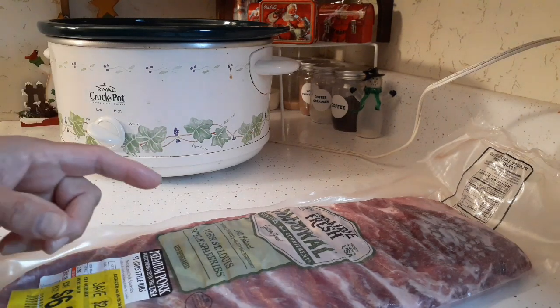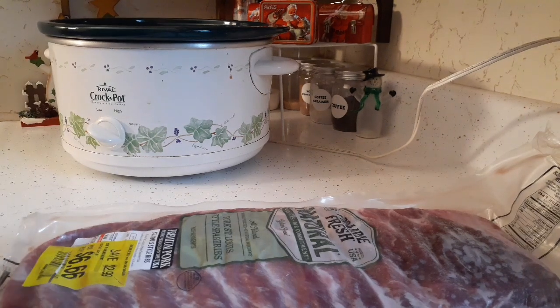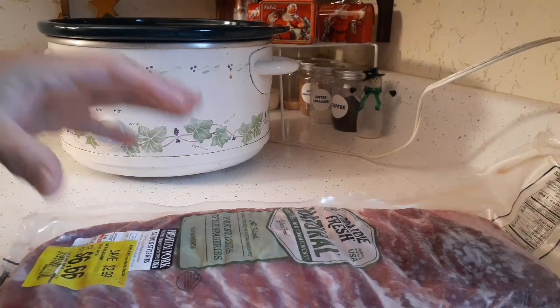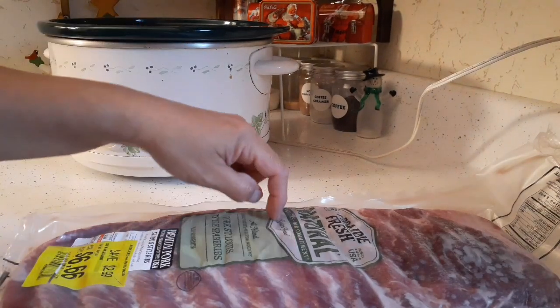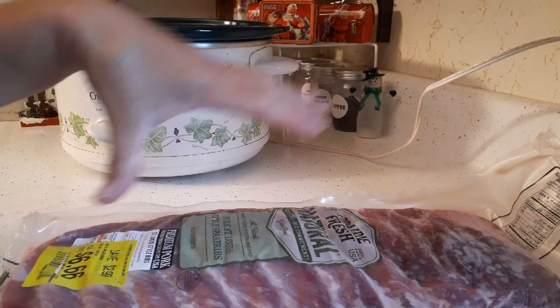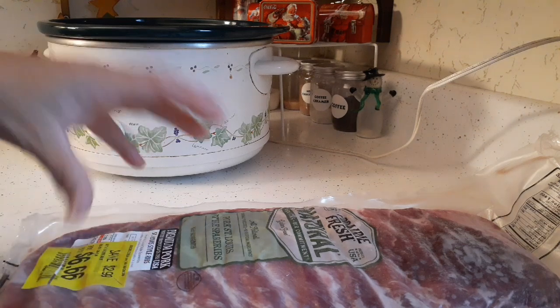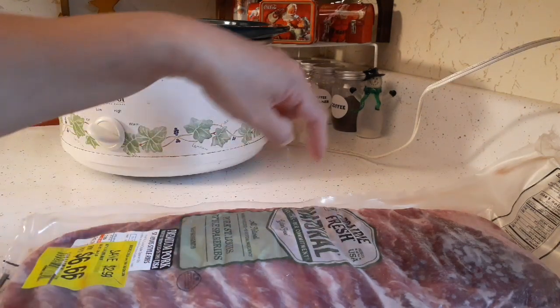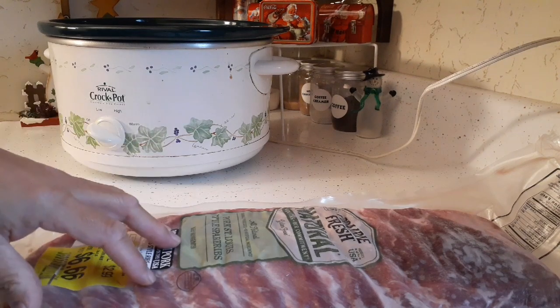If we were going to eat them as ribs with barbecue sauce, I'd only make half of this because we won't eat the whole thing for supper. But we're not going to do that. What I decided to do is cook the whole thing. I'm going to cut it up in parts, and at the end, when it's all done,